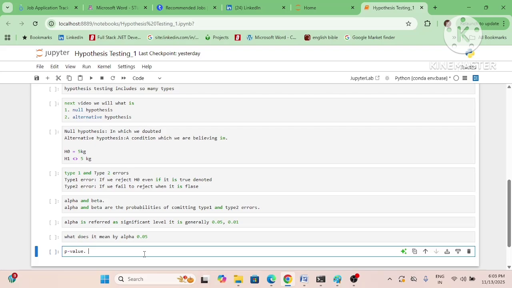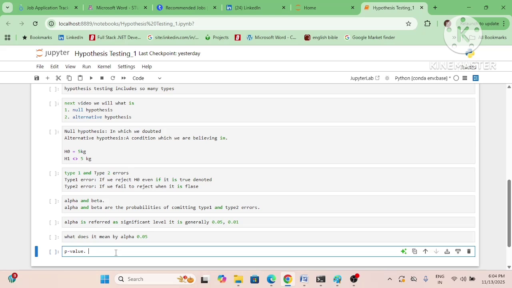Alpha is the significance level, but p-value is the probability of happening. The p-value is the smallest significance level, smaller than alpha, that leads us to rejecting the null hypothesis. But p-value is the probability of the happening of the null hypothesis